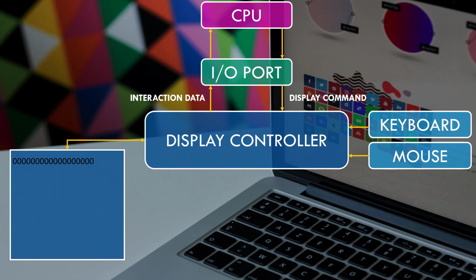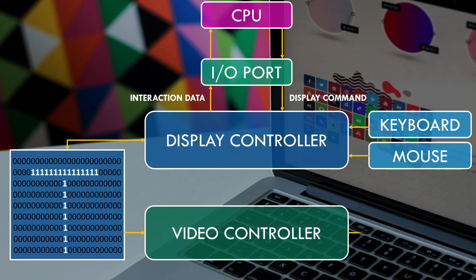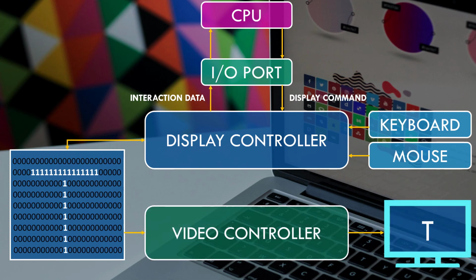This is the screen, and here 0 represents the value off and 1 represents the value on, and hence the T is displayed. This T is displayed on the screen with the help of the video controller. The video controller takes the input from the display controller and simply gives the display on the screen, and on the screen you can see the letter T.